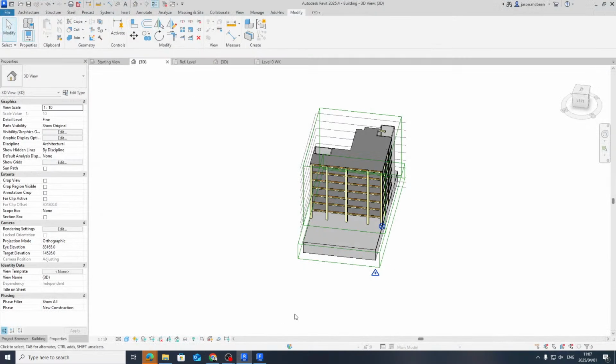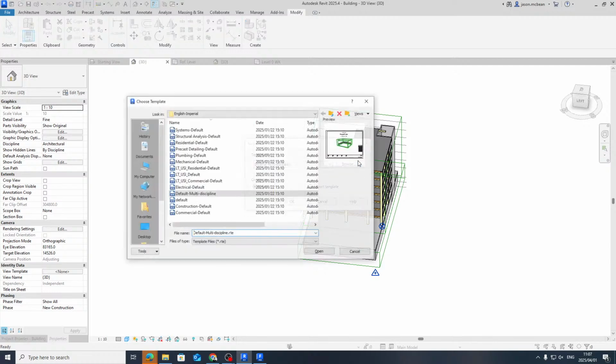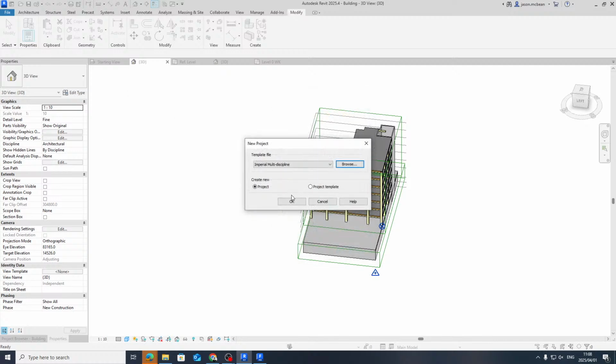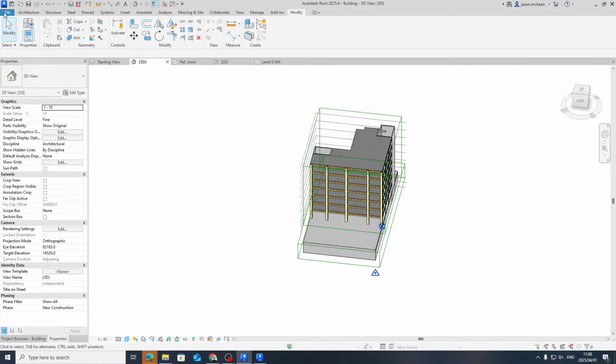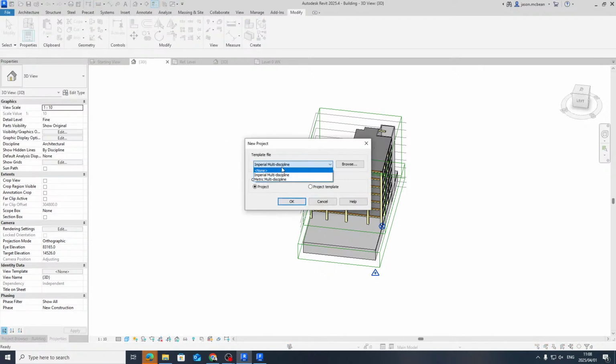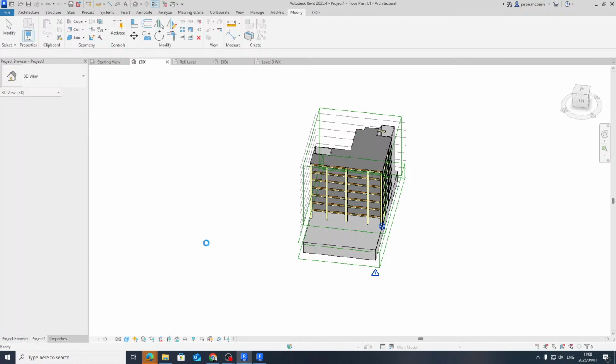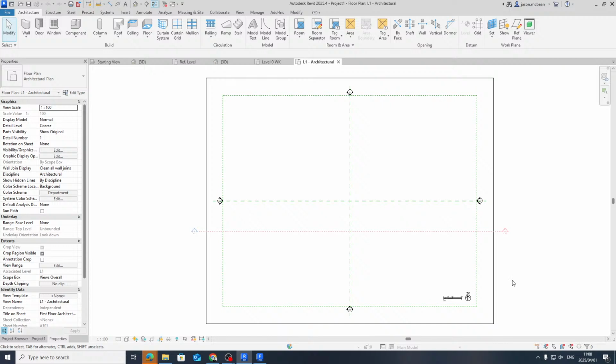Now in Revit, I'll start a new project file. Revit's a bit more complicated because you need access to libraries. I don't have access to OneDrive at the moment, so this won't work. So I'm just going to start a new project and use the default template. Project templates, so let me just go there. I see even these are missing on this machine. So I'll just go to metric multidisciplinary. It won't look the same as the template that I've given all of you access to. Something's not working on here. Something's gone very wrong.